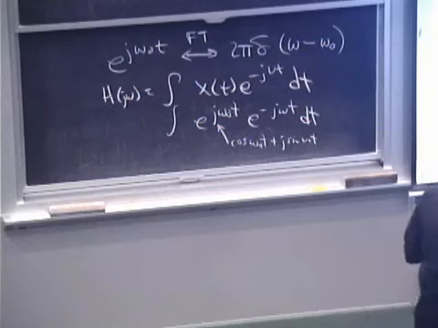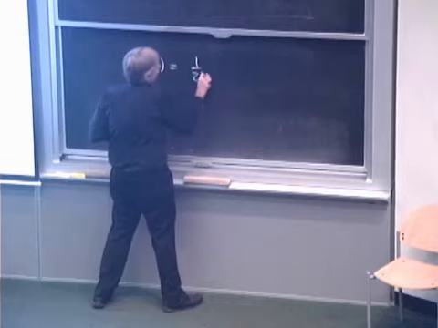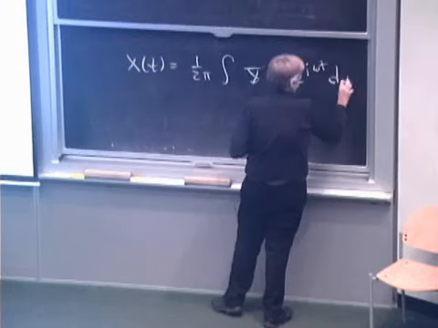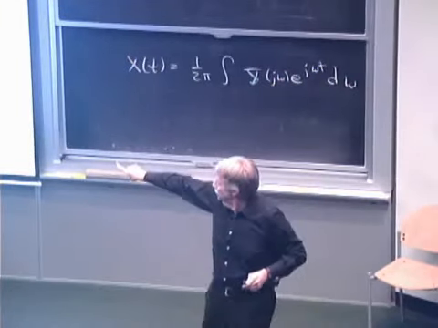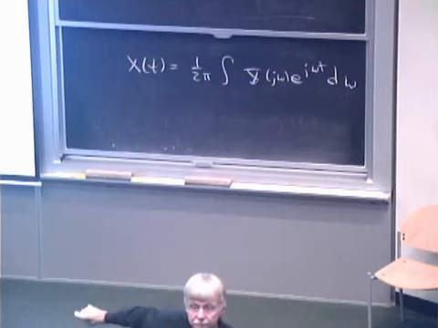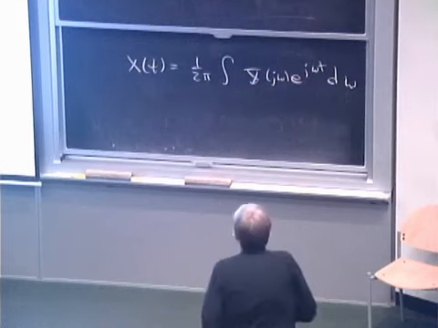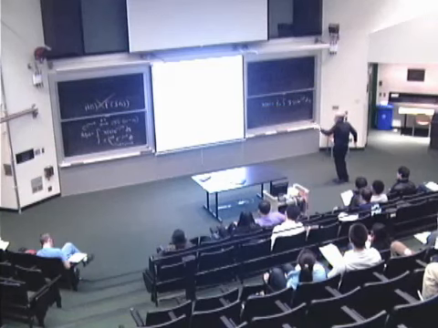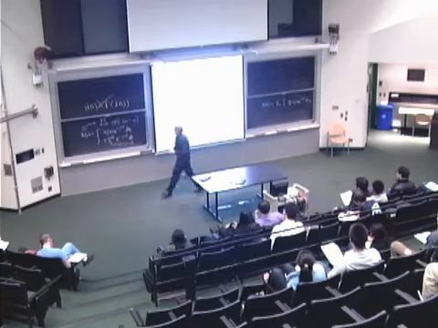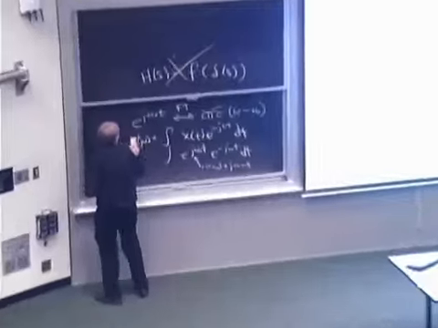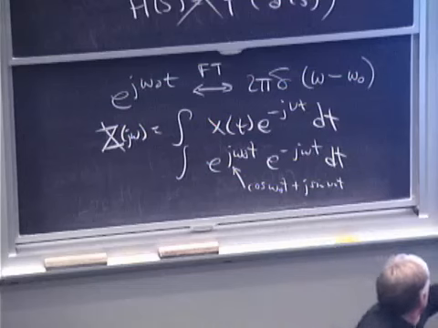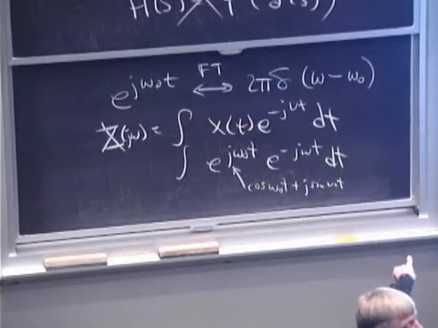The inverse Fourier transform is x of t equals 1 over 2 pi times the integral of x of j omega e to the j omega t d omega. Now, if we put the delta function in this, it's easy. If we put over there that x of j omega is 2 pi delta of omega minus omega naught, then